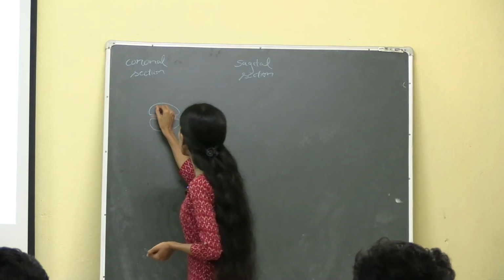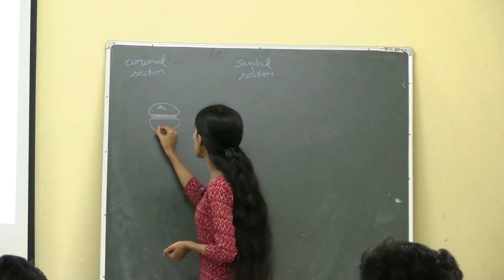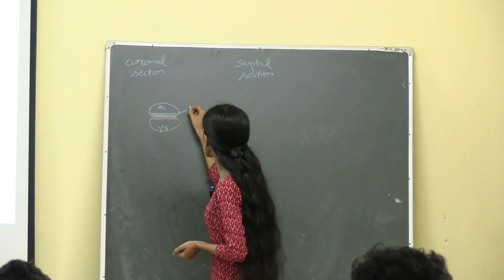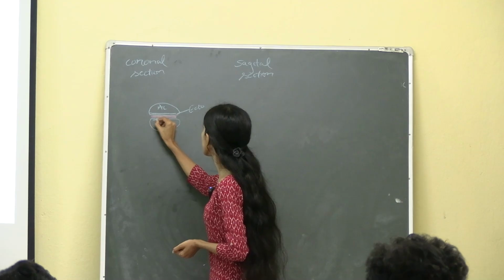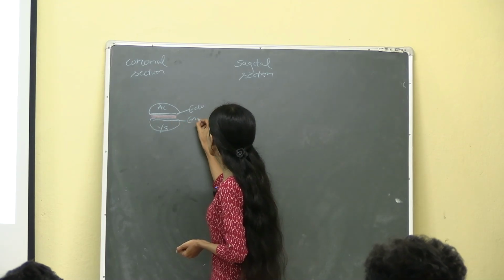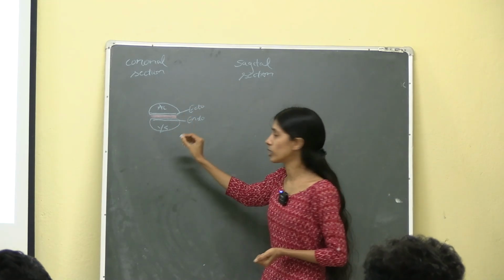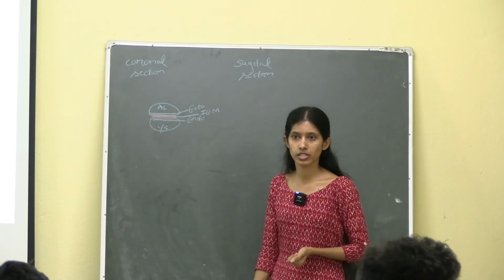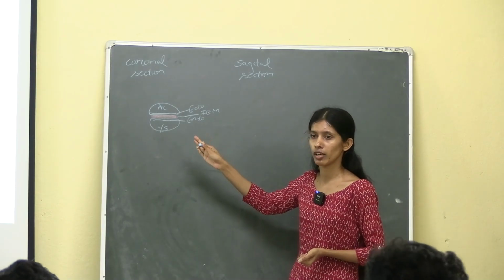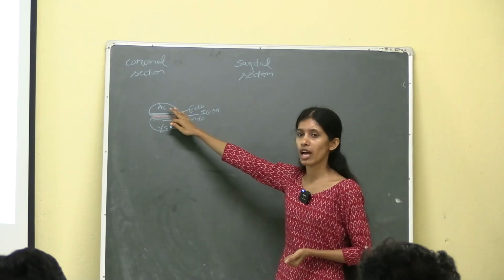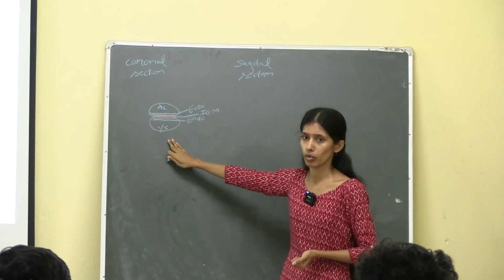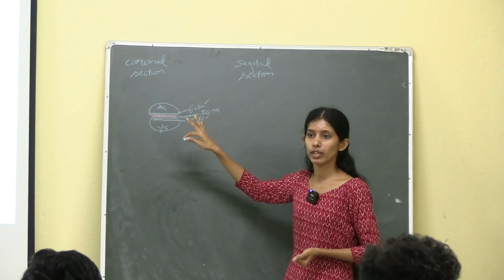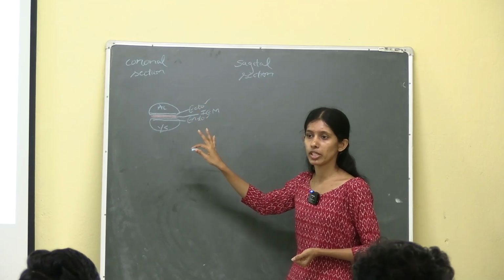This is the amniotic cavity and this is the yolk sac, okay. And here we have ectoderm and here we have endoderm. Between the ectoderm and endoderm we can see intraembryonic mesoderm. Is it clear? This is the coronal section of your developing embryo. On the above region we have amniotic cavity, below we have yolk sac, and also we can see ectoderm and endoderm. Between the ectoderm and endoderm we have intraembryonic mesoderm, okay.